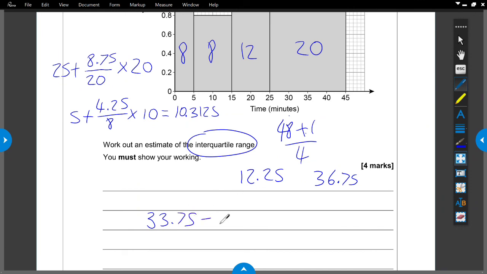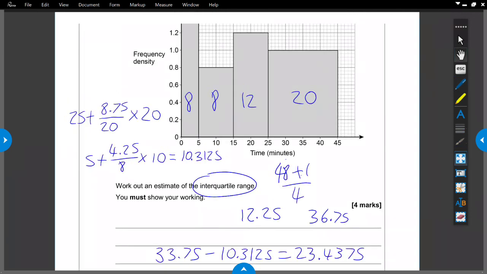If we take away our lower quartile, which is 10.3125, then we get 23.4375. So that's an estimate of our interquartile range, but we've been quite exact with our estimate. So we probably didn't need to quote it that precisely, but another way you could have done this, maybe a little bit quicker,